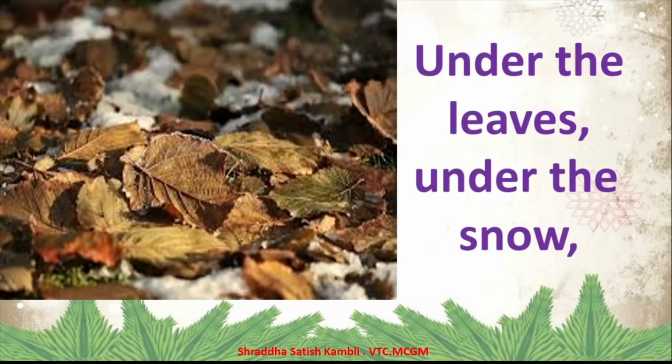Under the leaves, under the snow. So can you see here? There are leaves as well as snow. The brown color is the leaf and the whitish color is the snow. So under the leaves, under the snow. So under all this, if you nicely move the leaves and the snow away, what will you see? You will see 5 little seeds. So under the leaves, under the snow,